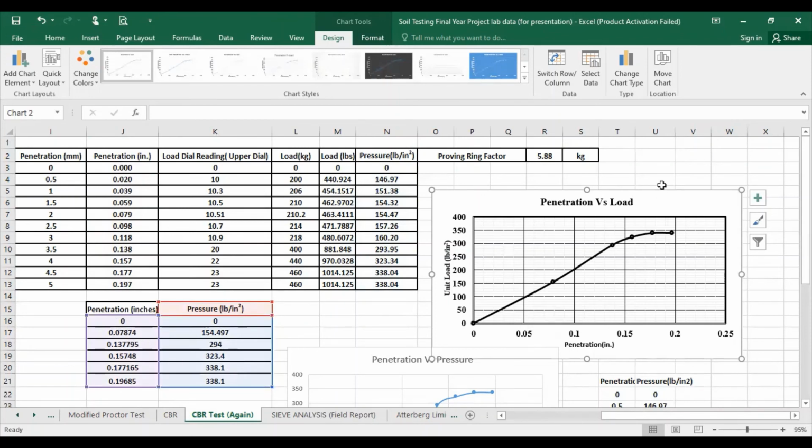Hopefully you will understand, but keep it in mind: whatever unit you are taking, you have to follow that unit. You should not move forward with it. You don't take two different units. When you are plotting the graph, if you are taking SI units, you should take SI units. If you are taking the FPS system, you should take the FPS system. So keep it in mind. Hopefully it will be understandable to you.